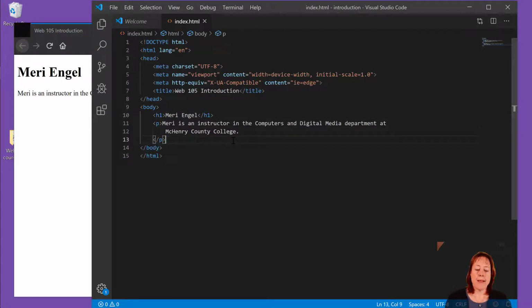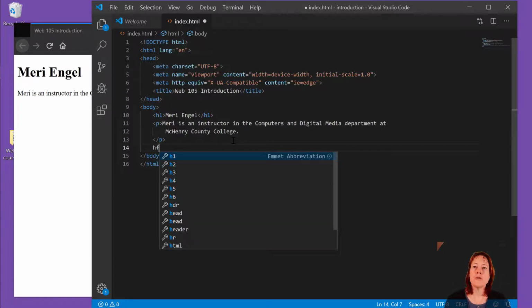I'm also going to add a couple other heading tags. So you have H1 through H6 in levels of importance, but you can have more than 1 of each. Generally, you have 1 H1 per page, but you can easily have 2 H2s, which I'm going to do. So I want you to have a couple headings about things that you're interested in. So H2,